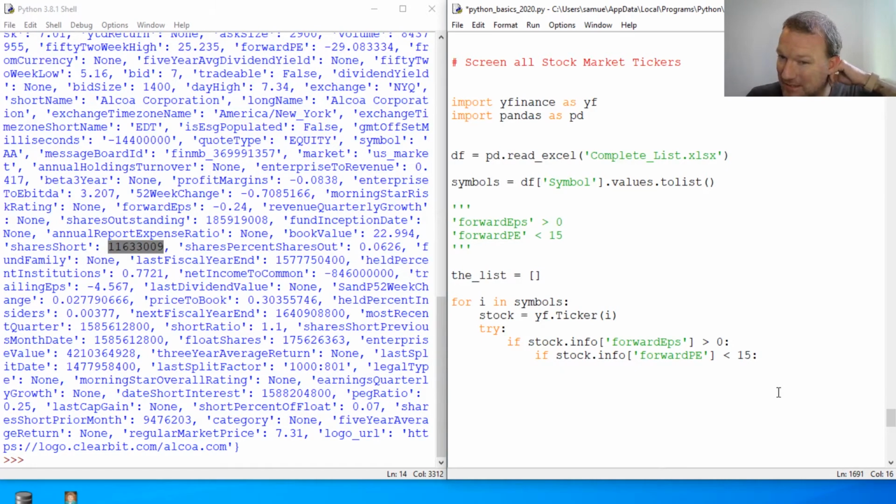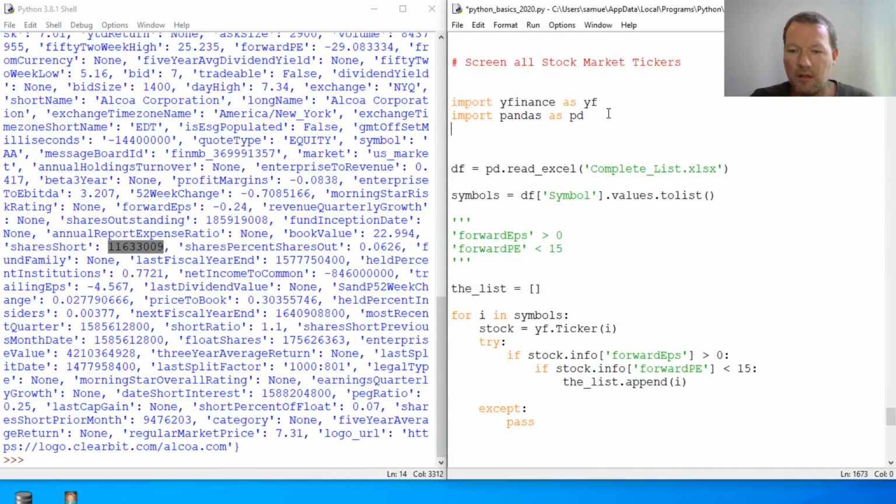But you're going to see here, and you can go and look at the GitHub, the pickle, and pull it. But here, let's get going. So if those criteria are met, then list.append, and we're just adding the ticker. Then except: pass. So when this gets all done, we need to then,